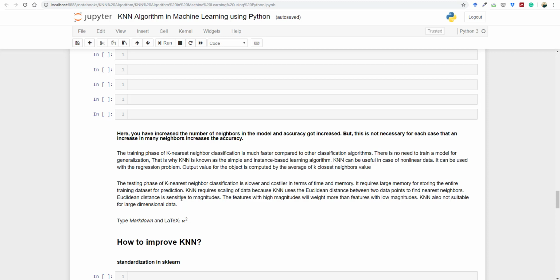Those problems are that k nearest neighbor classification is slower and costlier in terms of time and memory. It requires large memory for storing the entire training dataset for the prediction. KNN requires scaling of the data because KNN uses the Euclidean distance between two data points to find